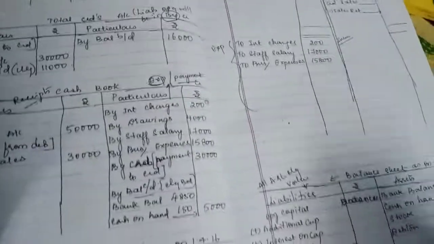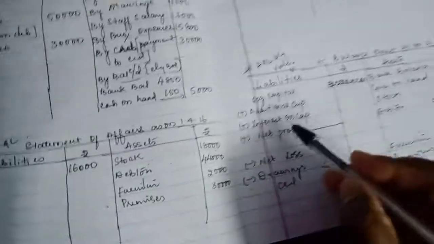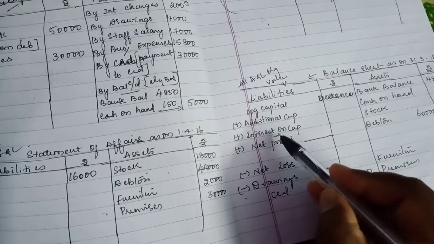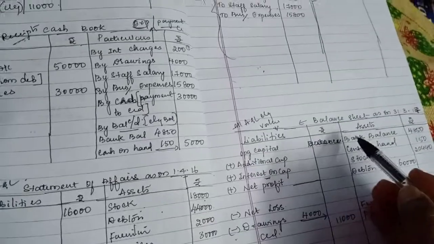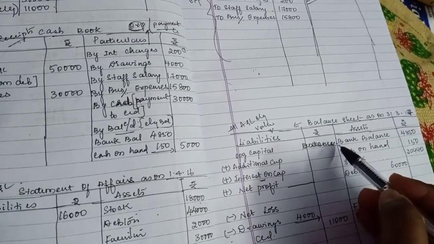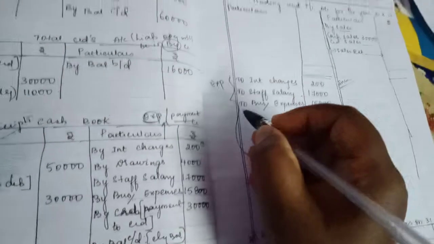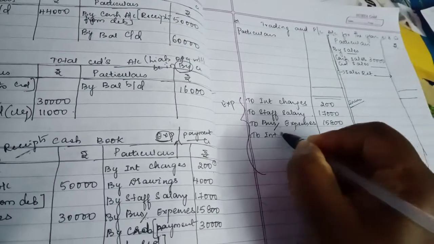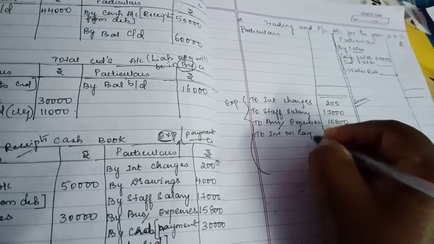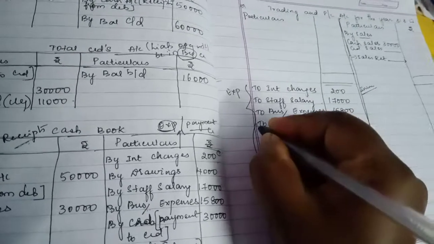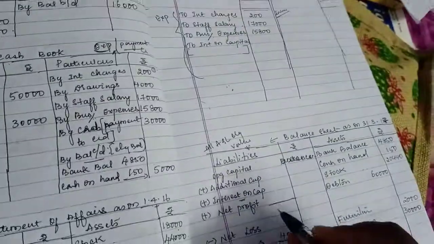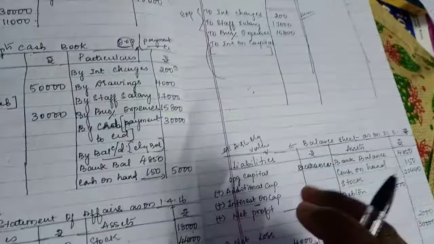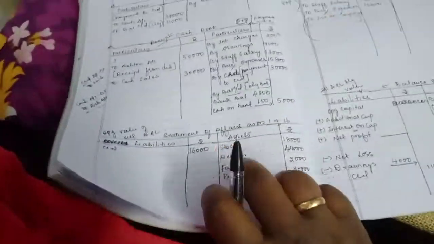We need to close that, and also check the other entries, that is trading. After doing statement of affairs only you can go close trading, P&L and all, even the balance sheet, because interest on capital, where we will take interest on capital, you will be taking it in balance sheet once. Second time you are supposed to take it in the P&L account. To interest on capital, you are going to calculate here and take it. So one time is here, second time is here. So if you want to calculate the value of both the places, first you need to get the opening value in the statement of affairs.